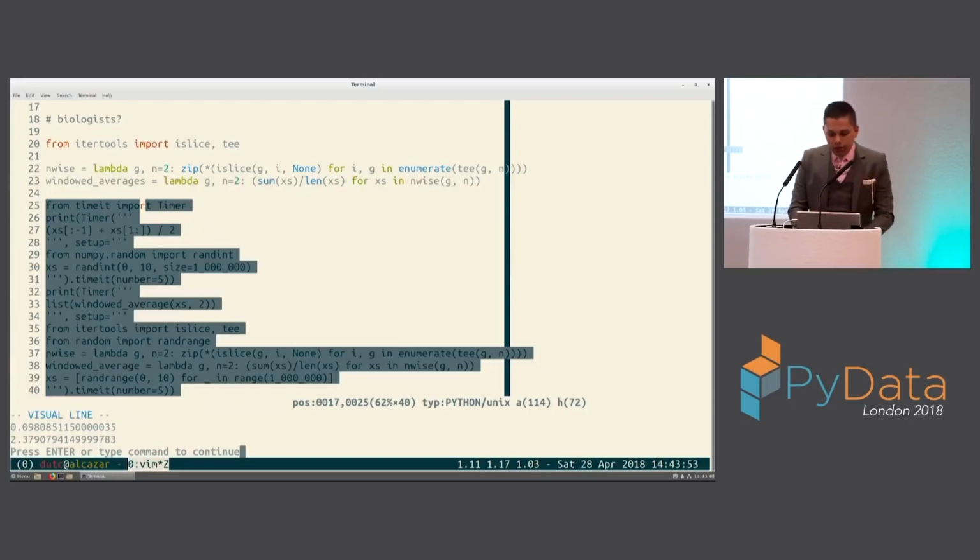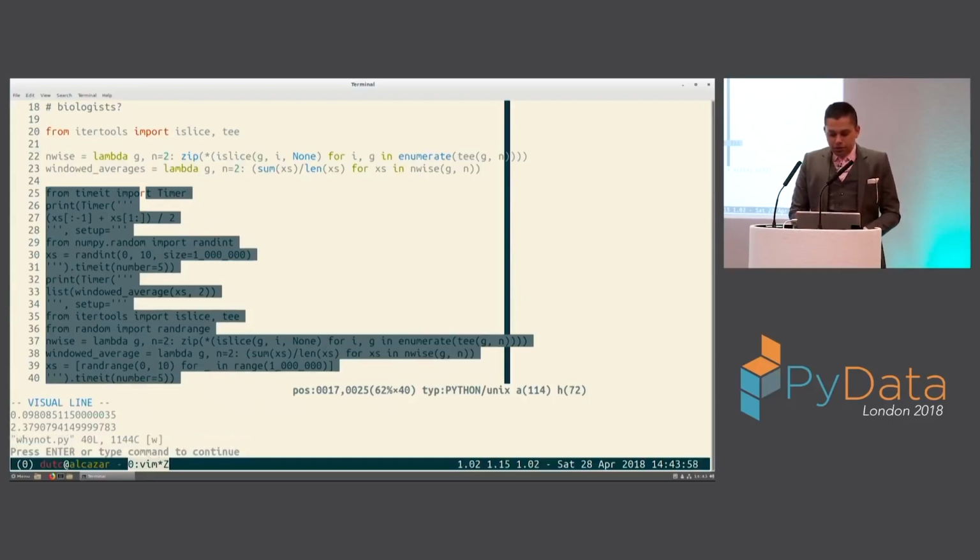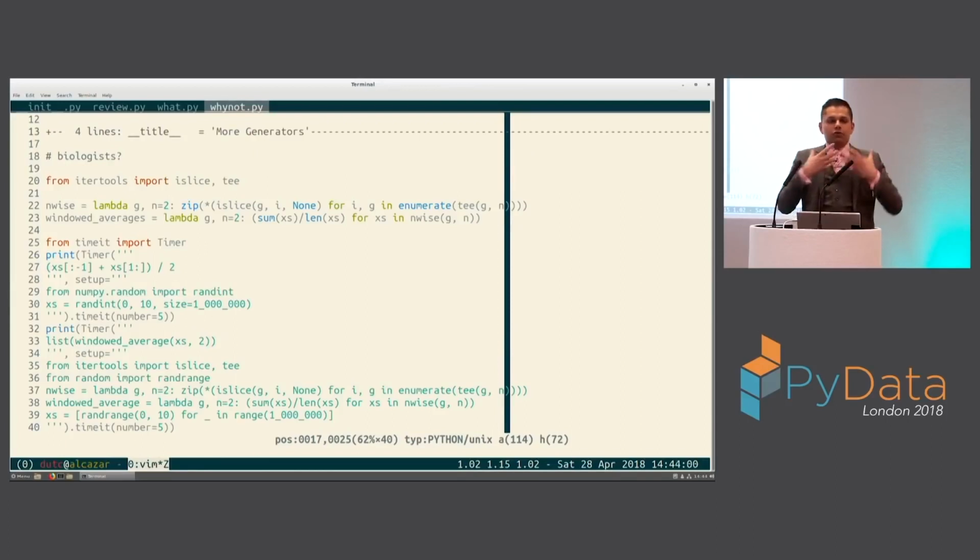So I think this is one of the reasons why we don't see generators being used as part of data science libraries in this kind of numerical stream processing sense. Because if you're doing text processing, you're a biologist, and the computational part of your computational biology isn't really that computational, yeah, it's a great tool. If you're doing serious machine learning or models or deep learning, it's not actually a very viable tool because it's hindered by the poor mathematical support in Python itself. Python is an orchestration language, a glue language, and a mechanism like generators is not going to give you the ability to do that much.